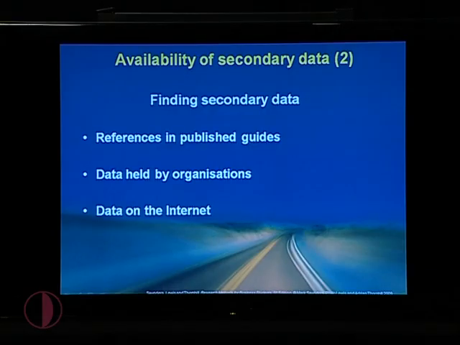Maybe it will not be easy to have access to this information. Tertiary literature, indexes, and catalogs in archives or online, you can search for them. So finding secondary data, as we mentioned: references in published guides, data held by the organization that is unpublished,